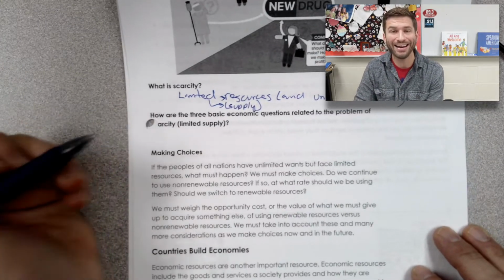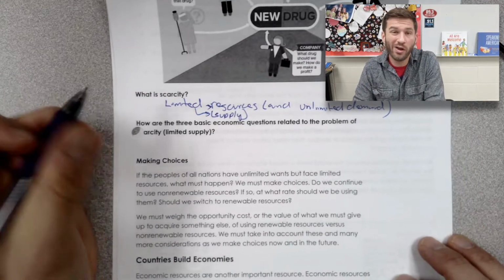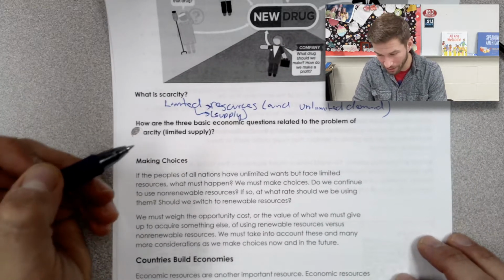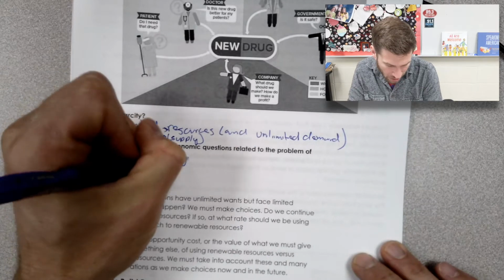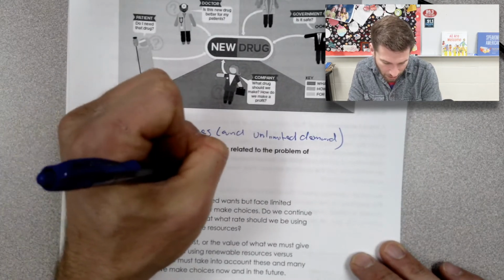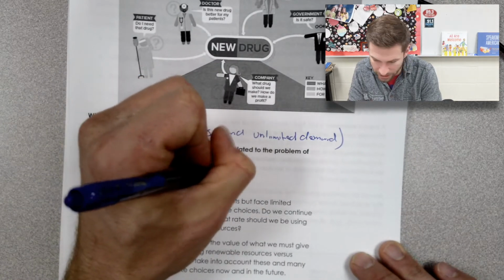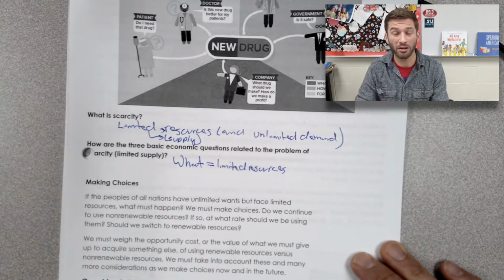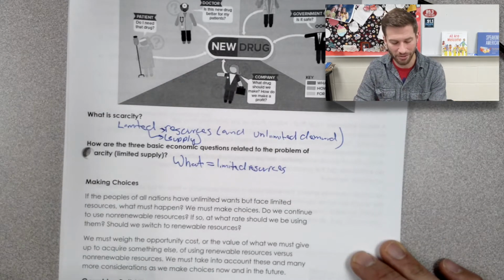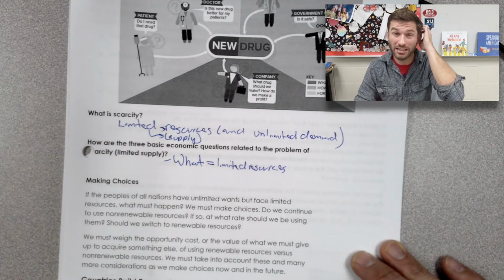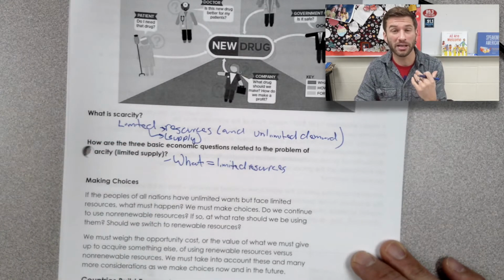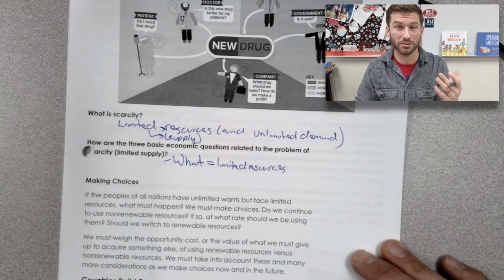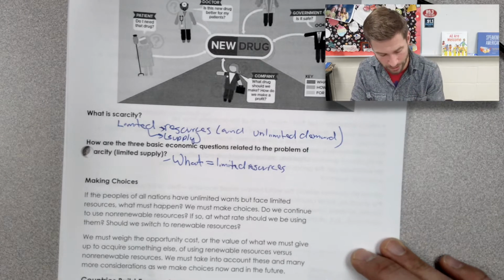If we had unlimited resources, we wouldn't have to make decisions about what we are going to make. But that first question, what are we going to make? There are limited resources. There are needs that are available. There is a limited supply of things, and because of that, we need to figure out what we are going to make because we only have so many resources on this earth. So we need to figure out what we are going to make and what we are going to produce.